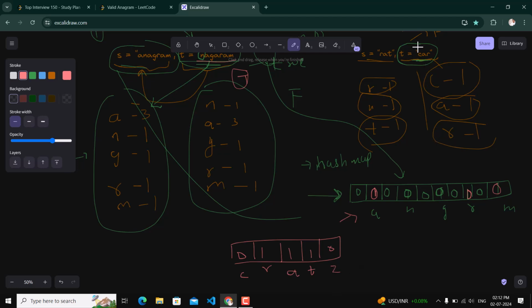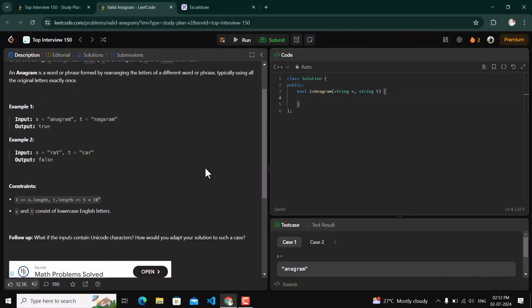So we will traverse this string and check c. The c frequency is already 0, but c is occurring in this string, so we can say that c has occurred in this string but was not present in our original string. So this is not a valid anagram and we can return false.